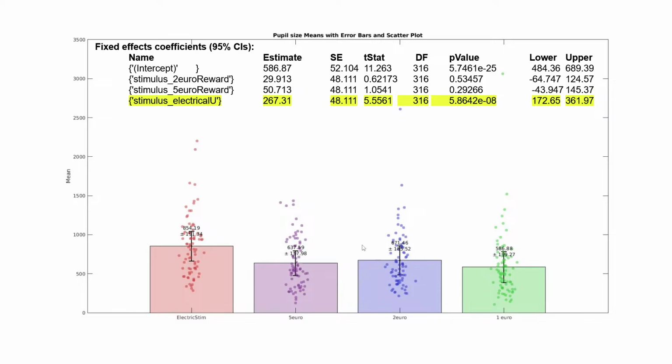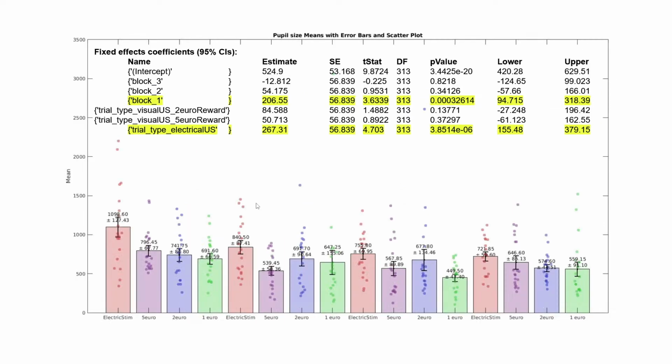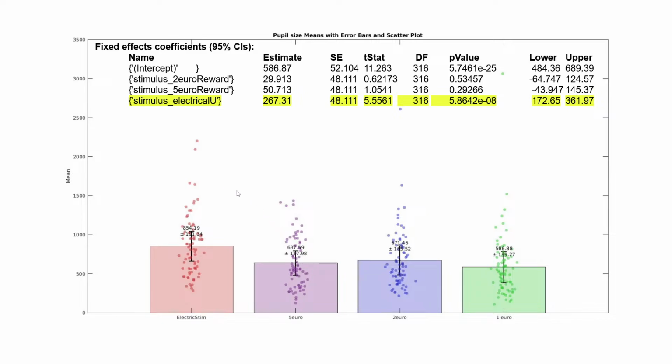It's like a reference value. So for now we can see that there is no difference between 1, 2, and 5 euro. Only electrical stimulation causes higher responses. Then what we've done, we analyzed also, well, actually on this level we may say that okay, there was no